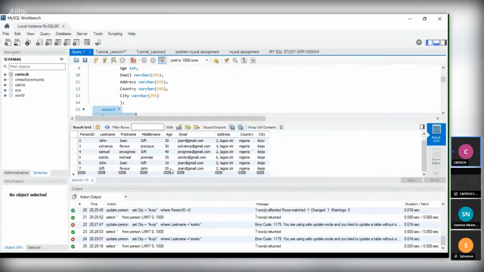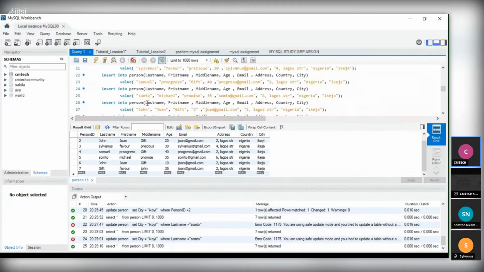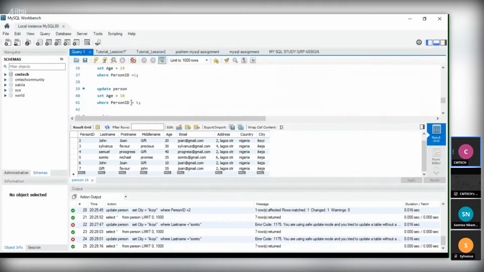So let us use a middle name. Let's see if we can use a middle name, where middle name is equal to what?